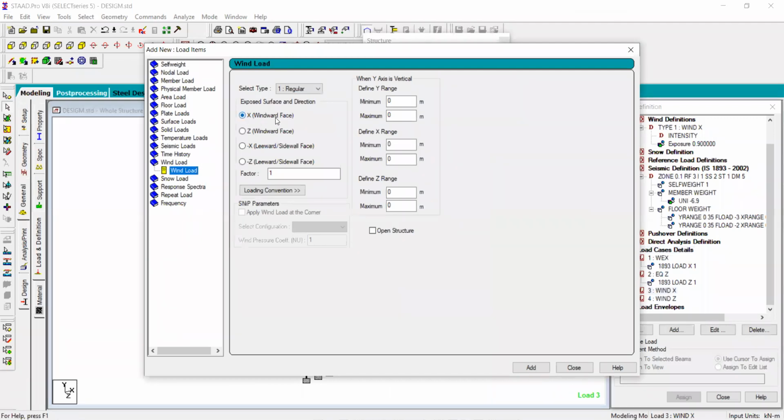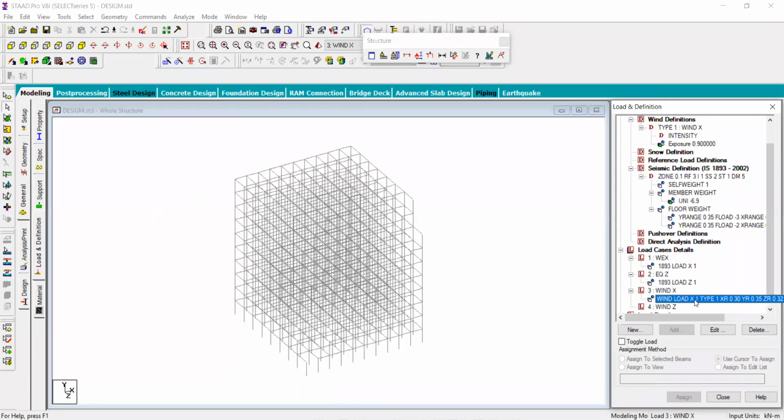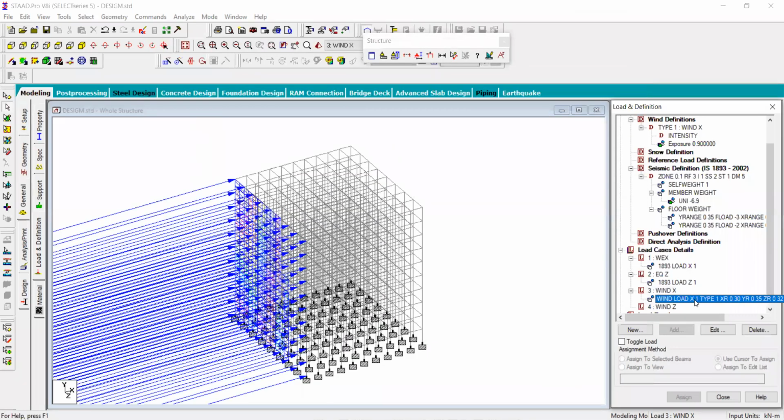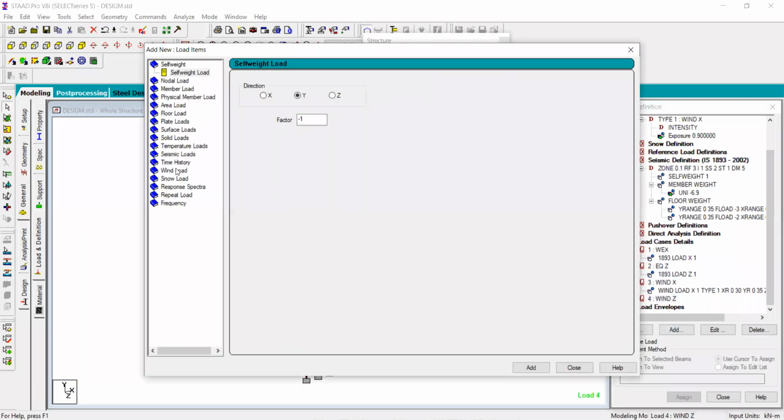This is the windward direction. Then give the value of this one, starting from y 0 to 35, x range is equal to 30, and z range is equal to 32, and put this one, it will complete the forces in the x direction this way. Similarly, for the z direction, again you go for the add, and again go for the wind load.